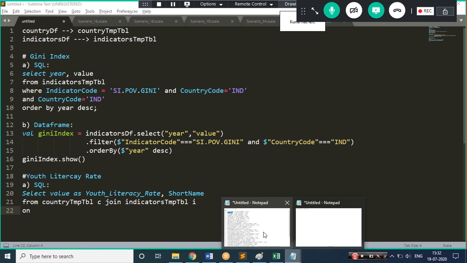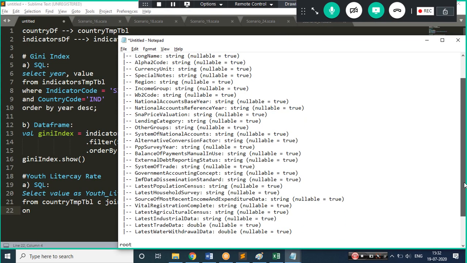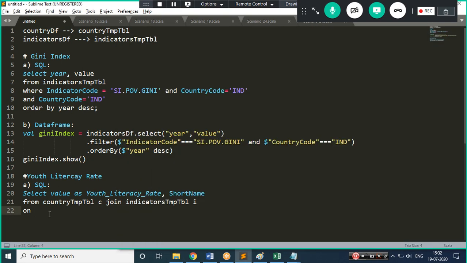Both tables will have a particular joining column, that is country code. Is it the country code? Yes, take that. So on C dot country code equals I dot country code.